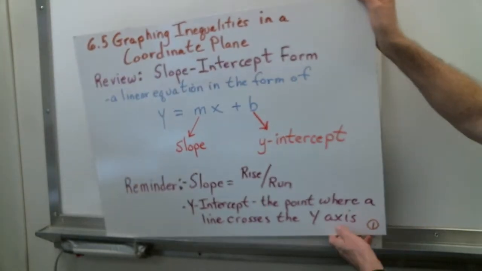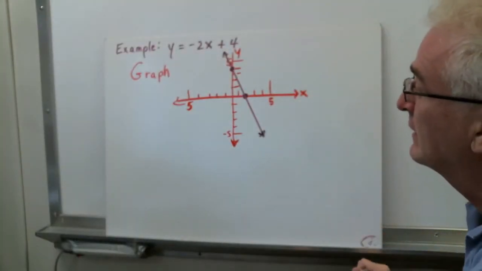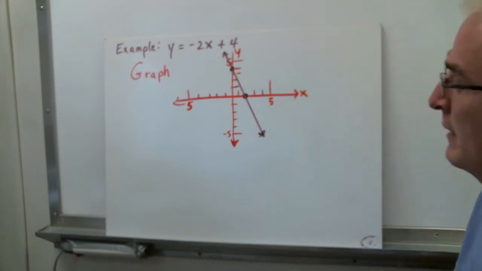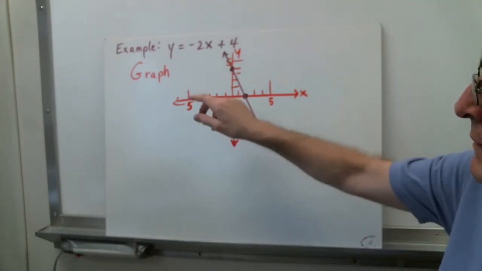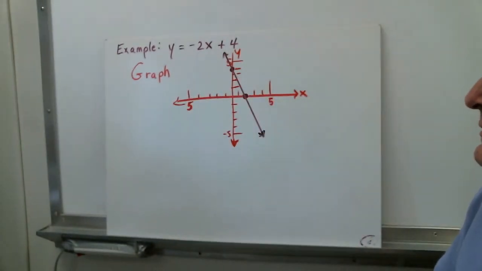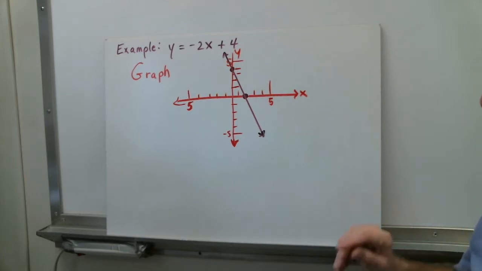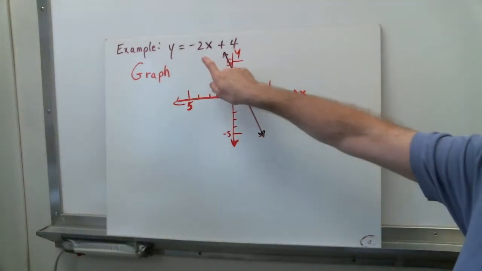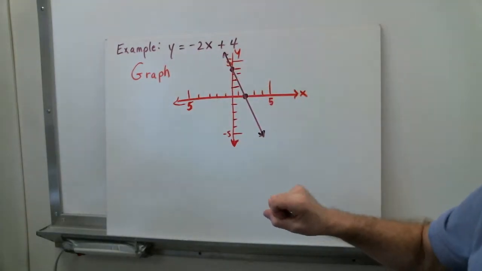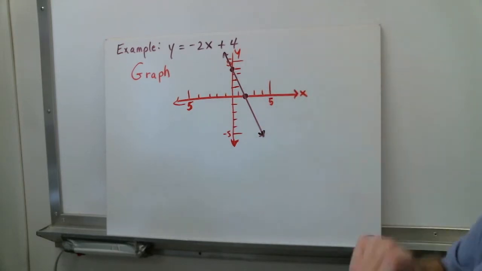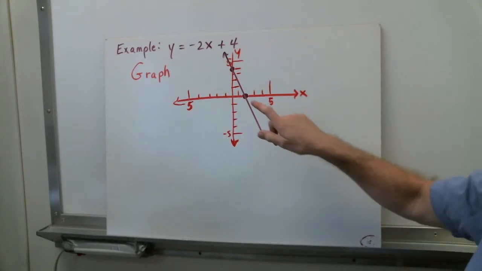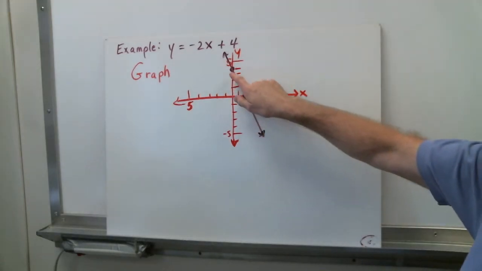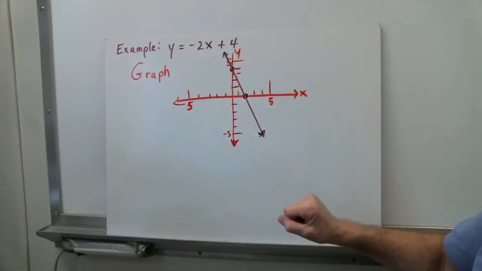So let's do an example of graphing an equality on a coordinate plane. The equation is y equals negative 2x plus 4. Remember when we said y equals mx plus b, the slope is the negative 2 and the y-intercept is the 4. So as we graph this, we know that the y-intercept is 4 units up on the y-axis, and